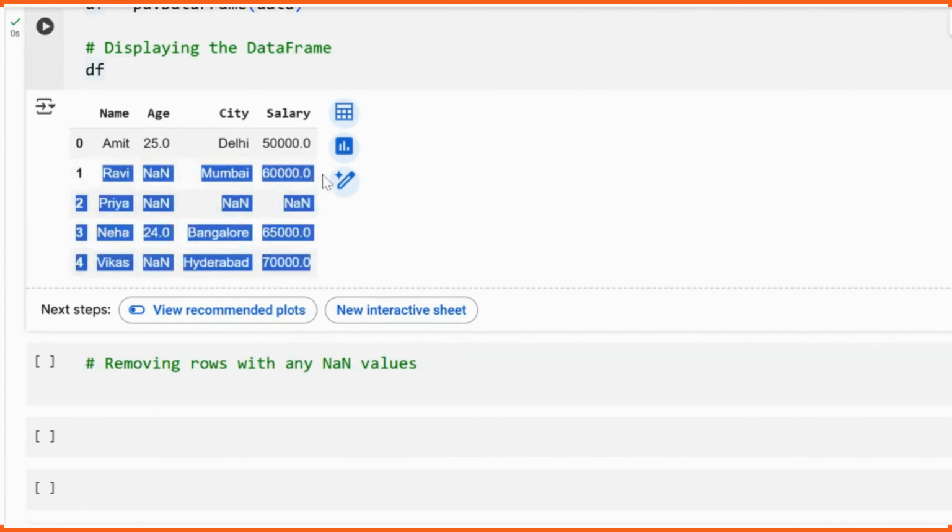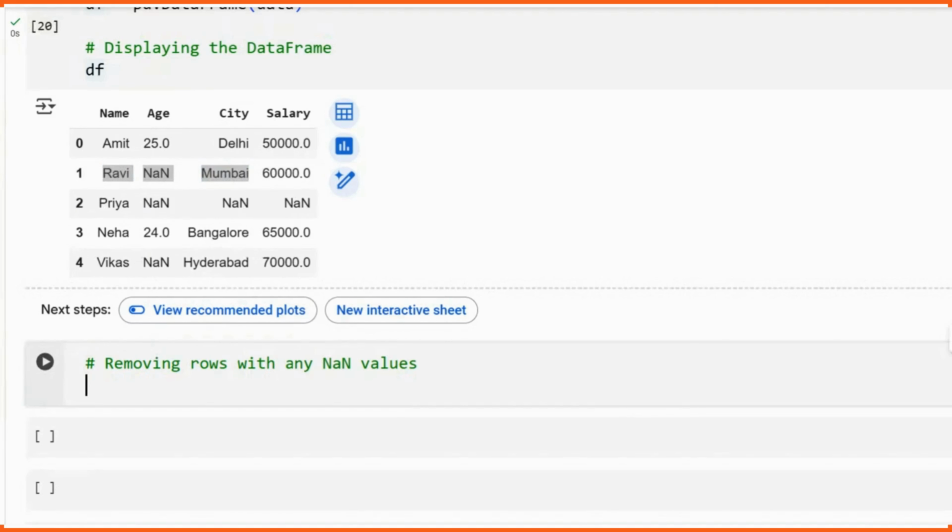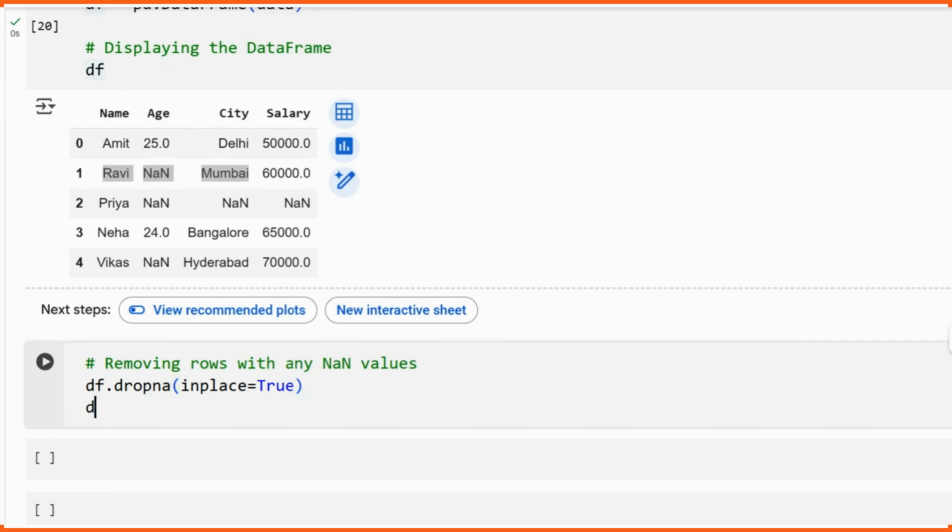So the code for this, the name of our data frame is df.dropna, and by default this will drop the rows with even a single missing value. So either you simply write dropna and also write inplace equal to True to drop the rows with even a single missing value and alter the original data frame, or you can also write it more explicitly as